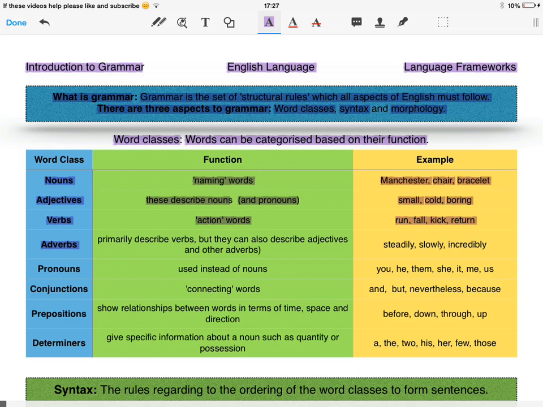Adverbs mainly describe verbs, but they can also be used to describe adjectives and other adverbs. They can also be used to link sentences, and I will do a special video on all of these word classes because they can be categorized even further. And most of the time though, adverbs can be recognized as ending in ly, so steadily, slowly, incredibly,